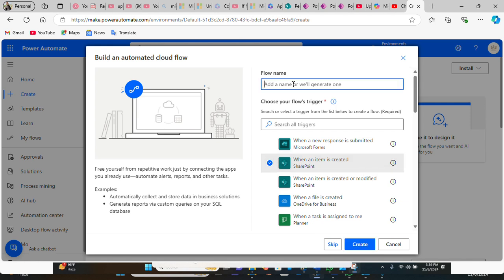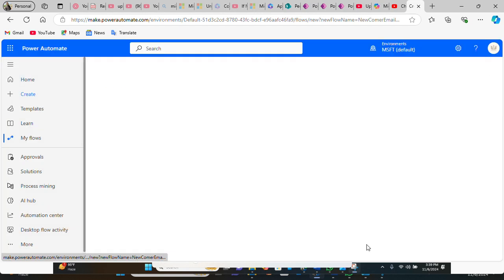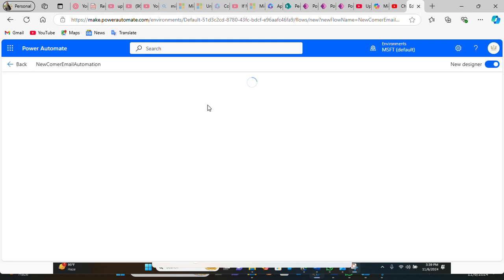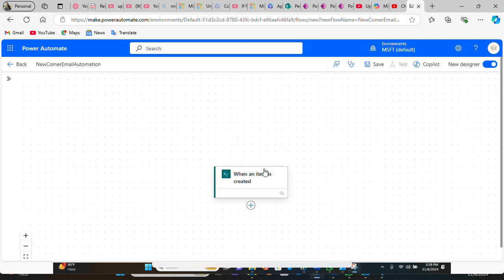Here we're going to call it newcomer automation. So let's say email automation, and then we're going to click on create. So as soon as we do that,